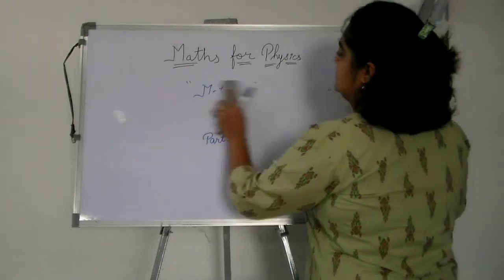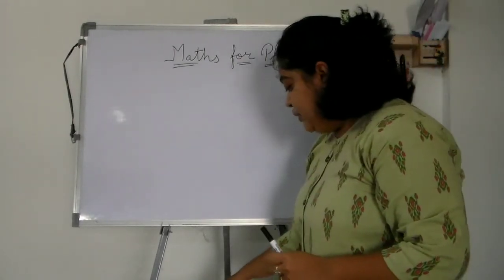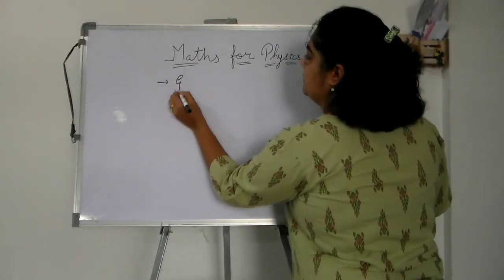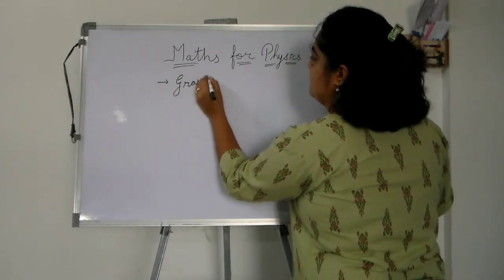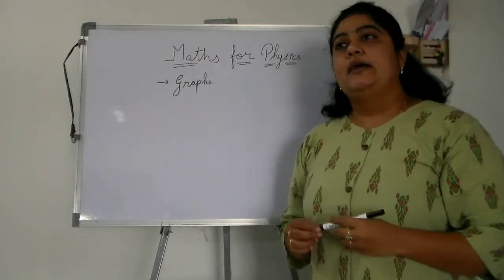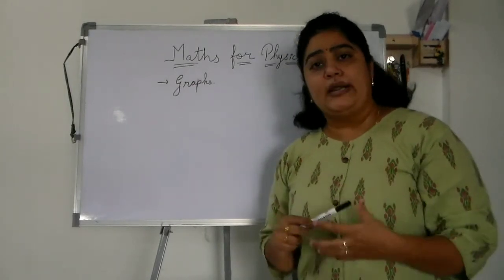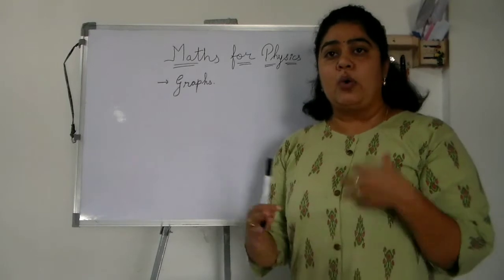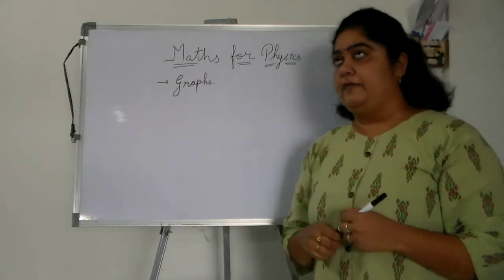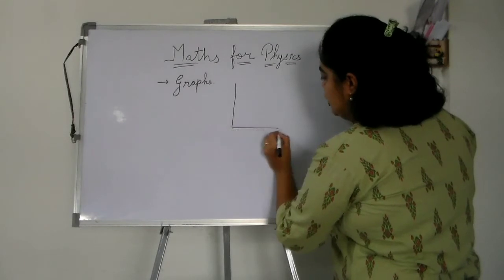So let us begin. The first thing that you should understand while you are studying physics, the first concept you need is the concept of graph. Maybe in our 8th standard, 9th standard, we have studied some graphs. We have studied x-axis, y-axis, we know the coordinates. So let us just freshen up how graphs look like, how coordinate systems look like, and how do we interpret them. So take an example of a Cartesian coordinate system.